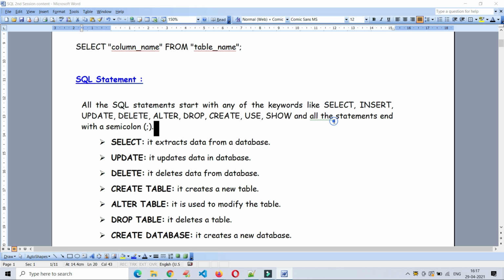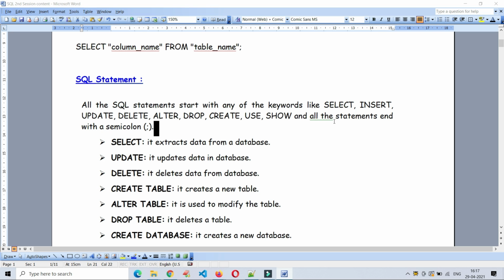One thing we must follow is that once we finish preparing any SQL statement, it should end with a semicolon. That is one mandatory guideline. But nowadays a few database technologies make it optional, so you need not give the semicolon at the end of each SQL statement.